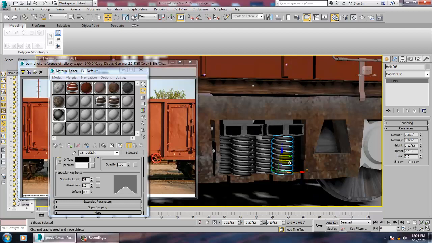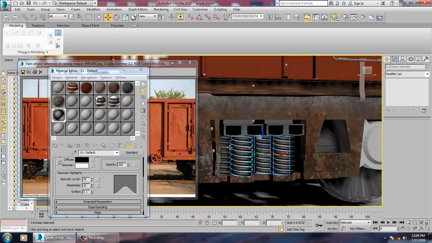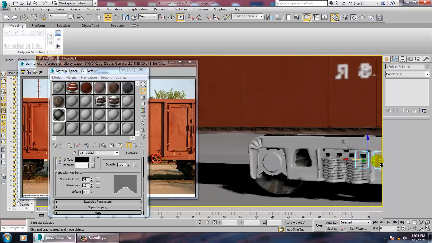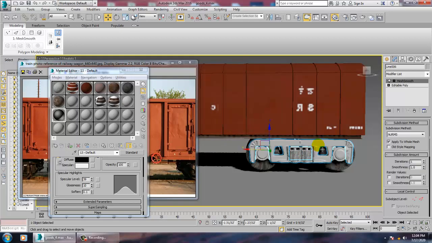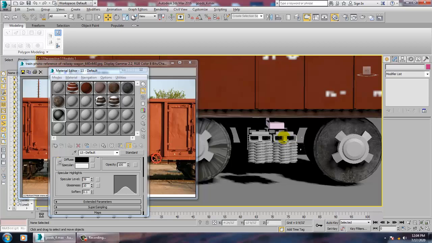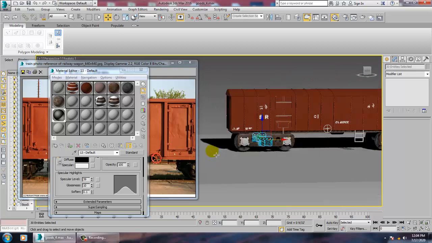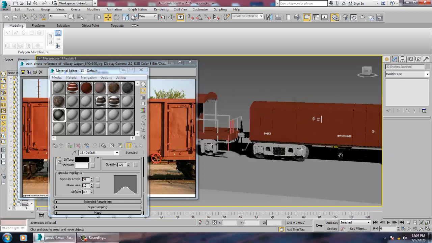So now what I'm going to do here is, I'm just selecting this inside elements, same thing over here.